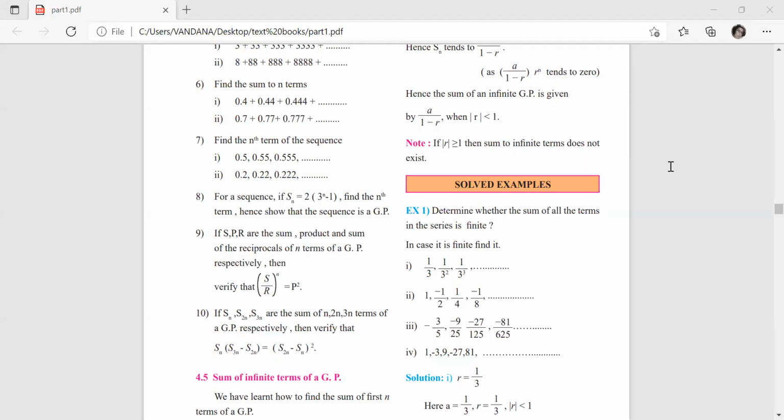If S, P, R are sum, product, and sum of the reciprocal of n terms of GP, respectively, then verify that S upon R raised to n is equal to P square. Question number 9. If S is sum of n terms of GP, now I'll say let